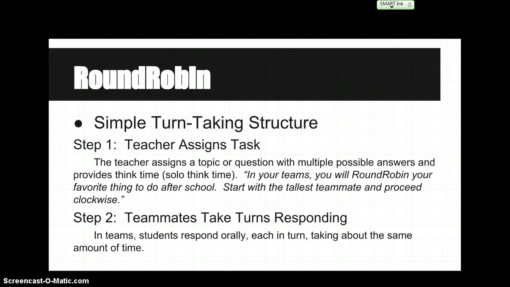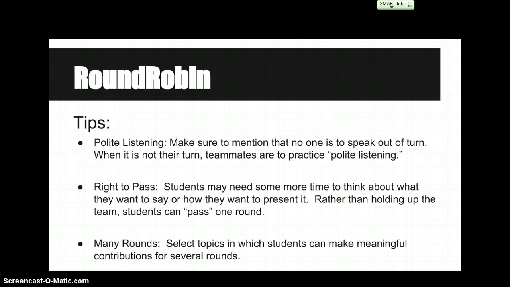I call it, it's okay to stop and take a solo think second, and really setting a timer with an odd time of just a short amount of time. Depending on what topic or task you give them to round robin about, it could be like 1 minute 37 seconds. It could be 4 minutes, if it's round robins, something that would go over several times. And they say it orally, nobody's writing. I always make sure that nothing is on their desk so they don't fiddle or look at things, or somebody's reading while they're